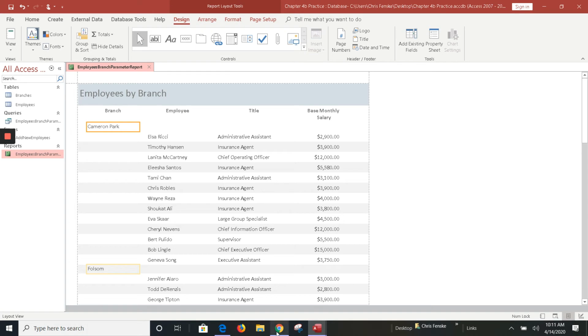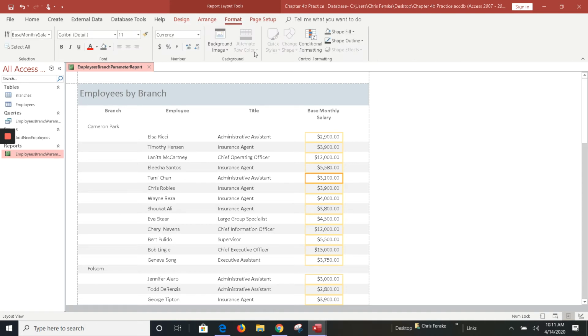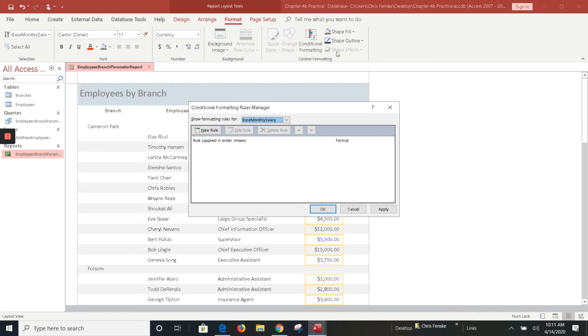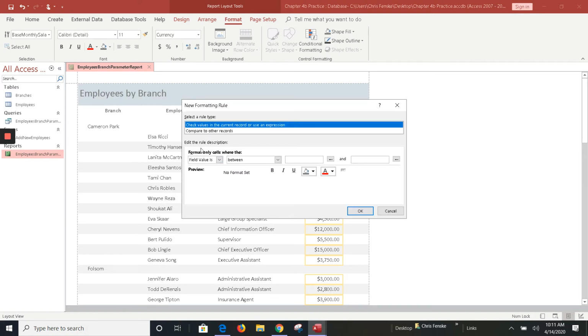Here's another thing to do, like under Base Monthly Salary. Let's say that under this one, I want to highlight anybody making more than $10,000. So I'm going to do what's called conditional formatting. So under Report Layout Tools, I'm going to go to the Format tab, and under Control Formatting, I have this Conditional Formatting. Now, we've done this a little bit in the past, and so we're going to base it upon Base Monthly Salary, create a new rule. And we're going to check the values that are in here, and if a field value is greater than or equal to, in this case,